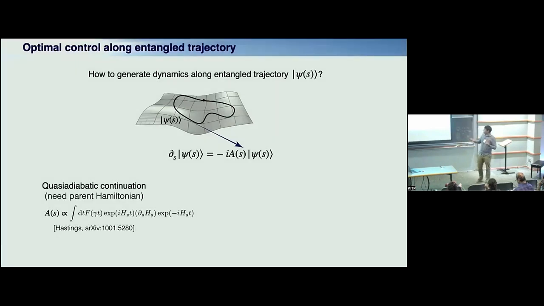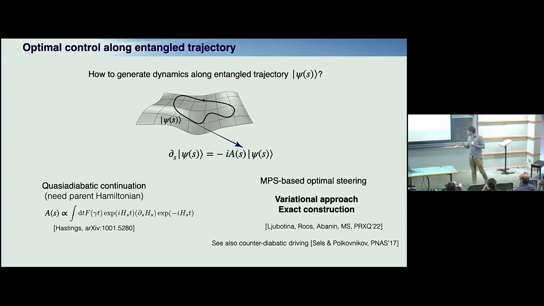On one hand, there is a story that uses parent Hamiltonians. I can take that every MPS has a parent Hamiltonian. And I can read the classic literature and say that there will be a generator of adiabatic transformations, quasi-adiabatic transformations. Calculate this generator. It's not so pleasant, but it's calculable, and then that's going to be my driving. But then we have an MPS, and we should do it in an MPS-y way, right? Because MPS is so powerful, we know the state, we know a lot. That's what I want to discuss: how first to do it in an MPS way approximately, variationally, and then how to make it exact, also in an MPS-friendly way.